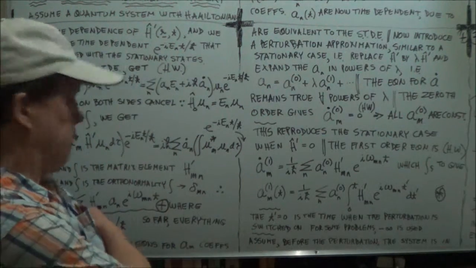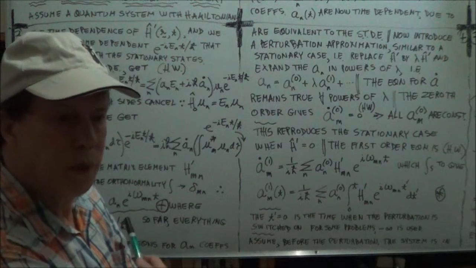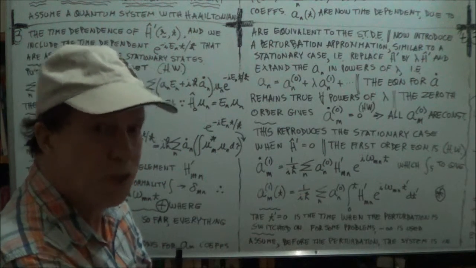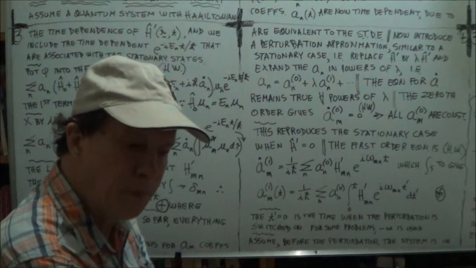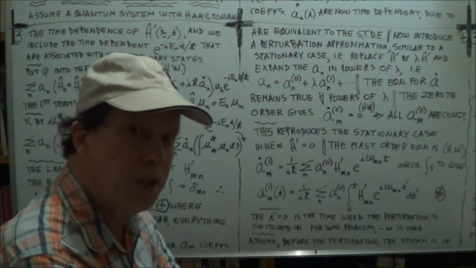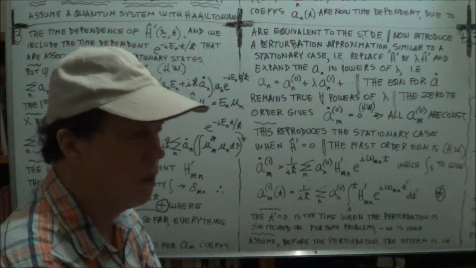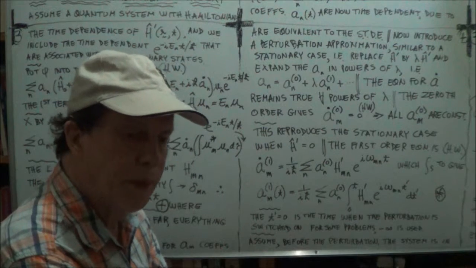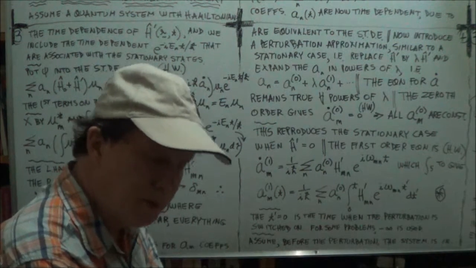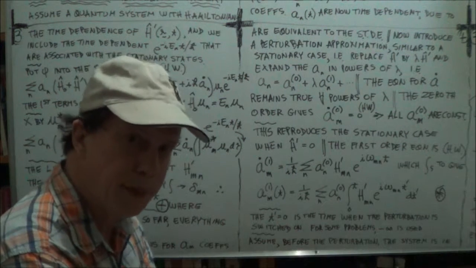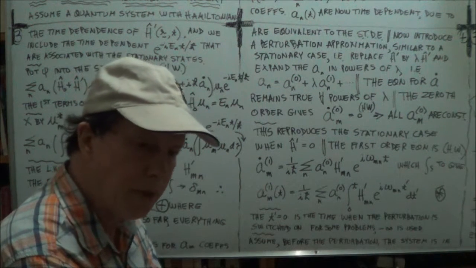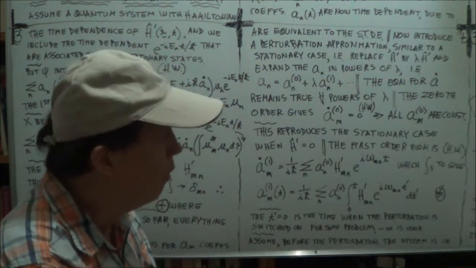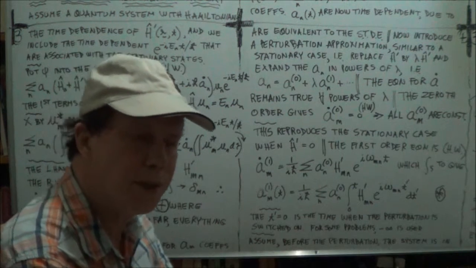Now the equation that we got for dAm by dt, that's quite general. That's a general equation, the time-dependent Schrödinger equation. So that implies that the various coefficients of the lambdas, the left-hand side and right-hand side, have to equal each other. Or if you bring everything over to the left-hand side and you have 0 on the right-hand side, it means that